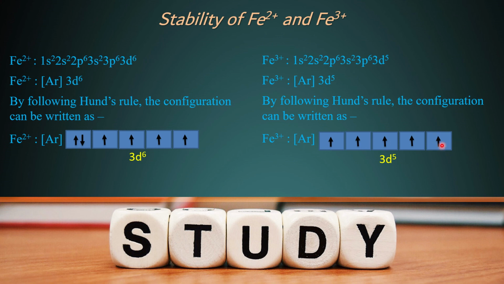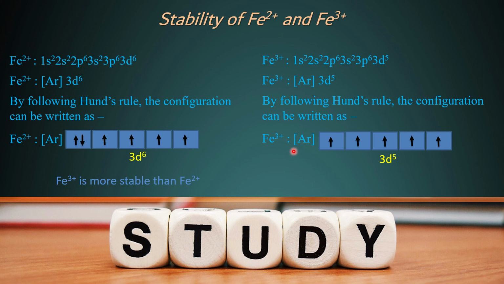Here no orbital is empty and no orbital has more than one electron. So this is a comparatively more stable configuration than the other one. So according to their electronic configurations, we can say that the ferric ion is more stable